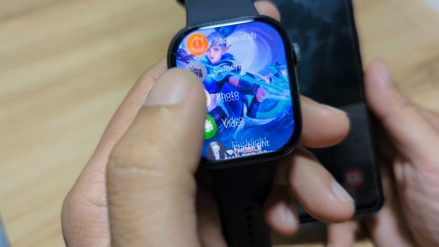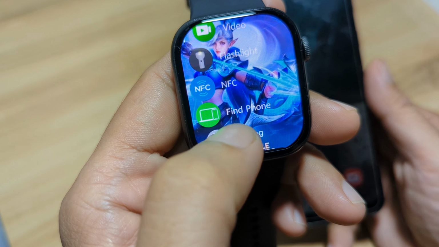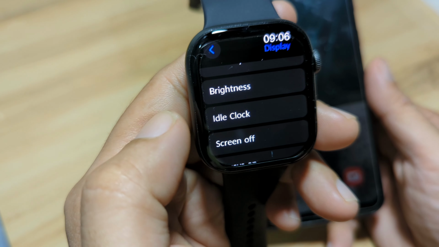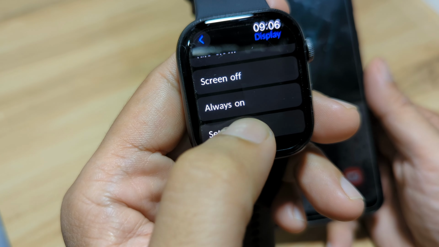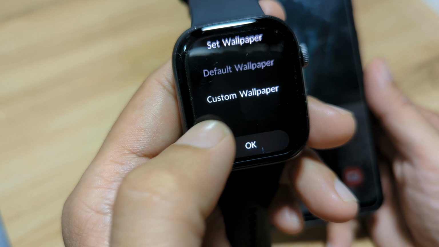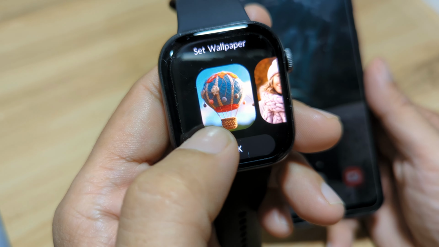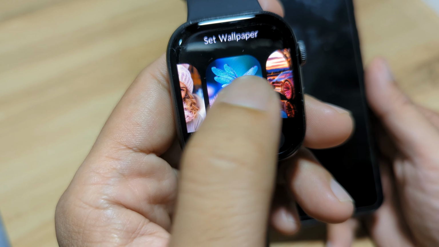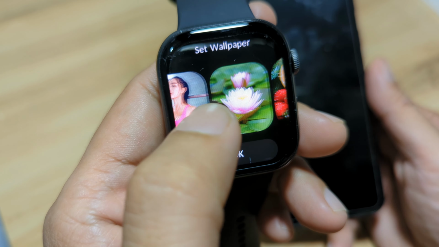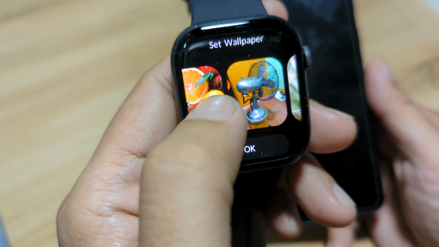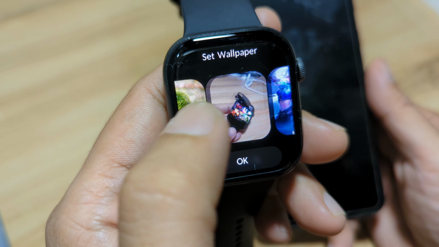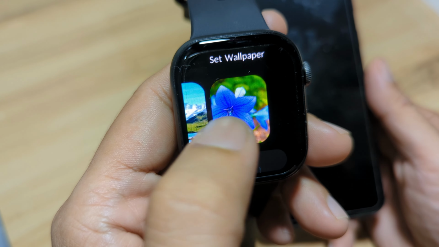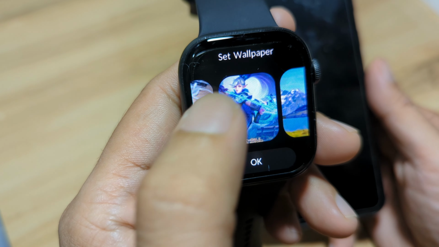It sets your smartwatch apart from other wearables. Most of the smartwatches right now can only have their own custom watch face. In our case, we can have our own custom watch face as well as a custom wallpaper, your own wallpaper photo. Let's select this one.